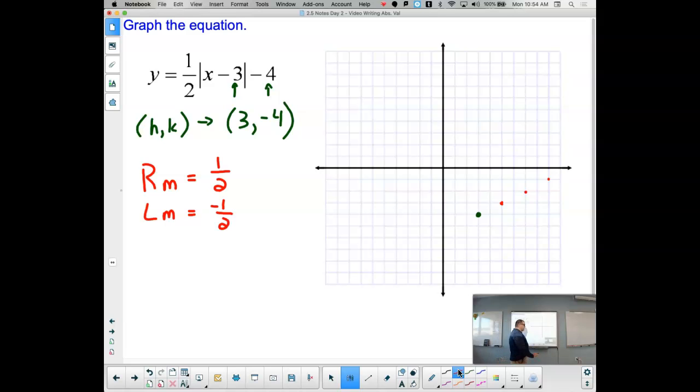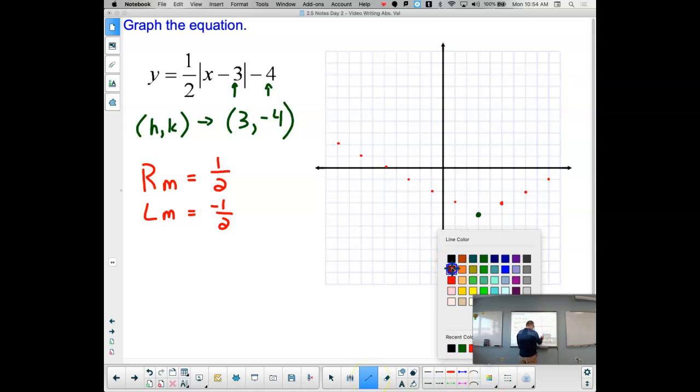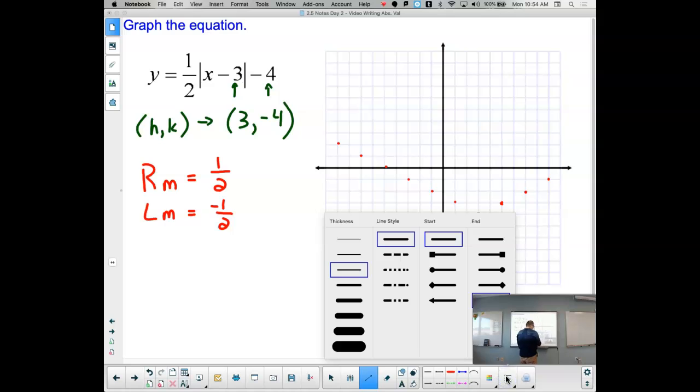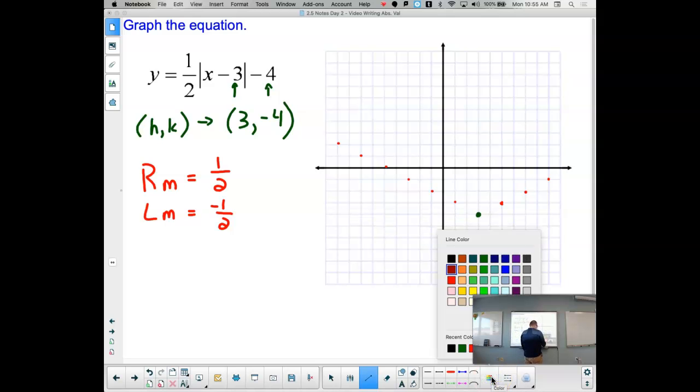So I'm again going to start at my vertex, but now instead of going up and to the right, I'm going to go up and to the left. Then I'm going to connect those 2 using something straight,